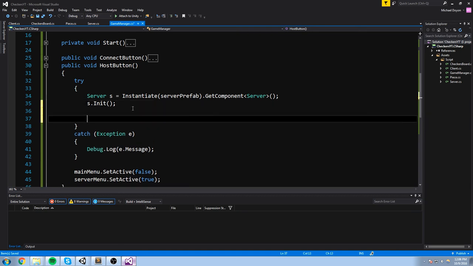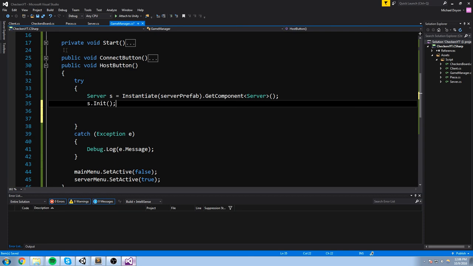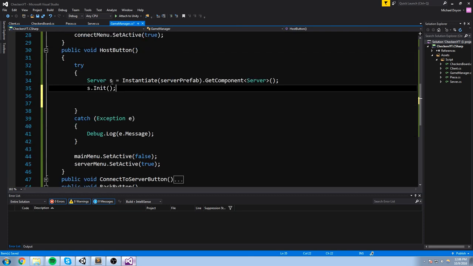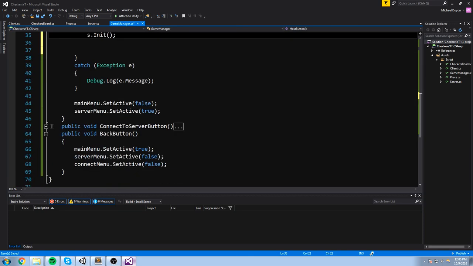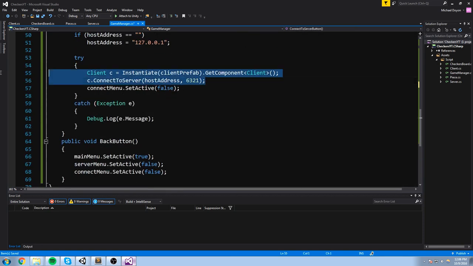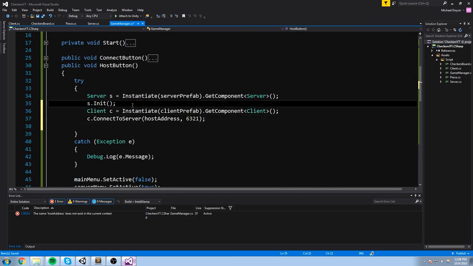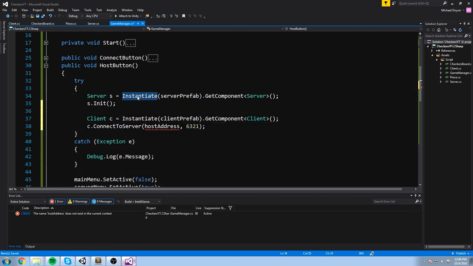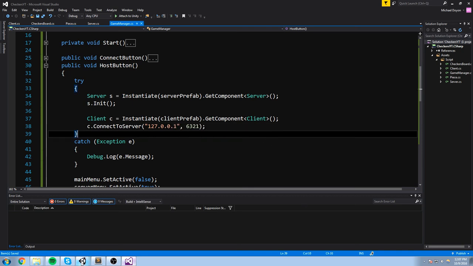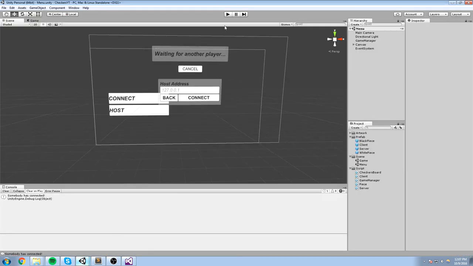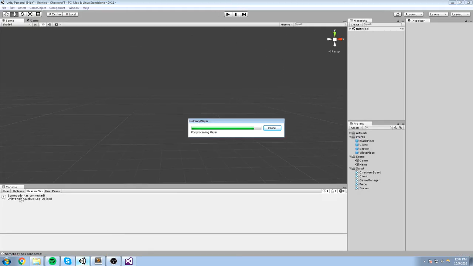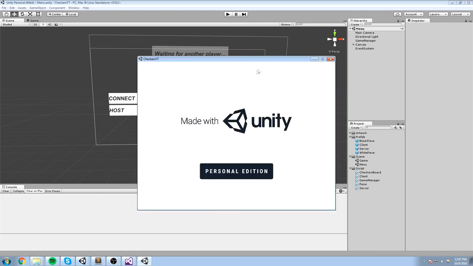What we're going to do here is just duplicate these 2 lines, or actually, you know what, let's grab them from the connect button, this one. Let's just grab these 2 lines right here and paste them. So yeah, we do create a server, everything is fine, but we also have to create a client. Now, as far as the host address, since you're connecting to yourself, it is always going to be localhost in this case. So we can just leave it like that, and we should actually have something calling the somebody has connected twice now. So I'm going to build this, press play,